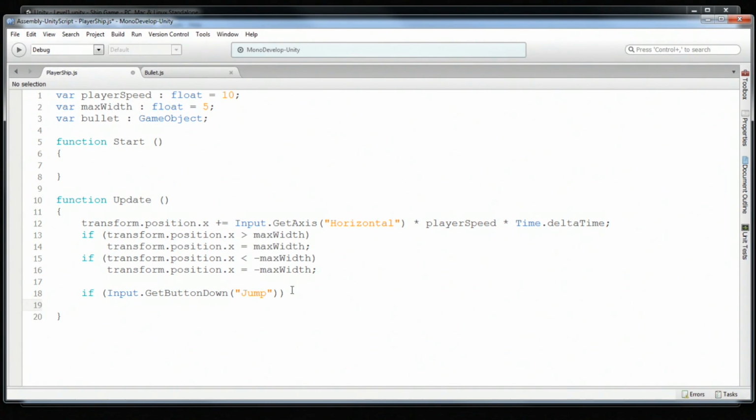Alternatively, if you want the gun to shoot every single frame, you can do GetButton, because this will return true every single frame that the button is held down. But we only want to actually shoot when the button is pressed down. So we only want one shot every time the player presses spacebar. So if we press the spacebar, then we're going to do